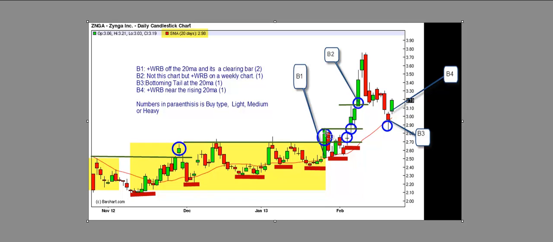He noticed a wide range bar, or what he called WRB, that had moved off the 20-period moving average. And it's a clearing bar, meaning that it had closed higher than this previous congestion. Then he noticed this large move up, a sell-off that culminated in a bottoming tail, a wide range day that had more than 50% of the bar as a tail, and then a close in the top half of the bar. Almost looks like a washout, then an intraday recovery, followed by 1 day of increased performance, and now we